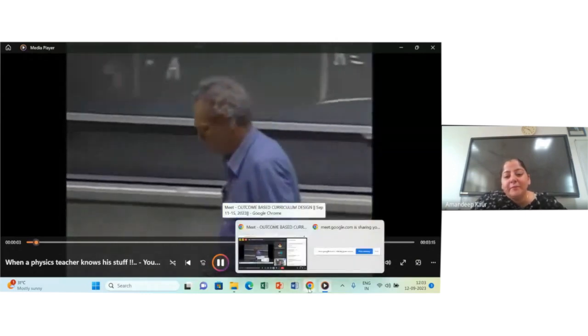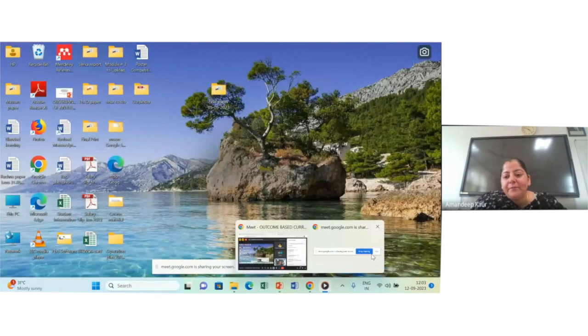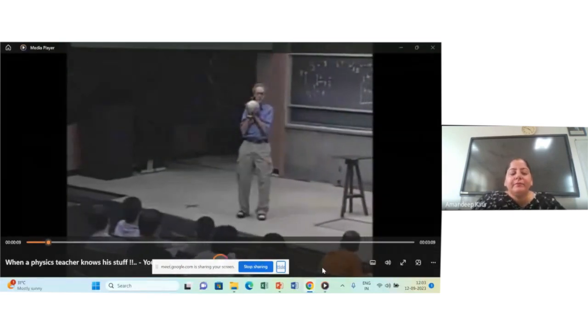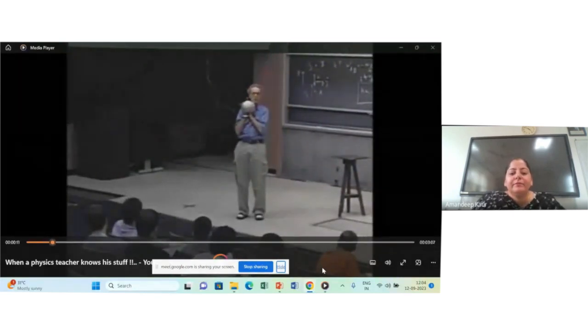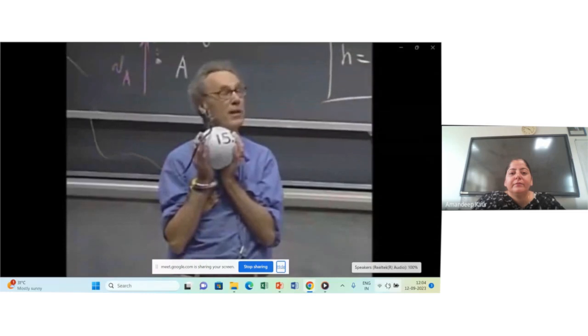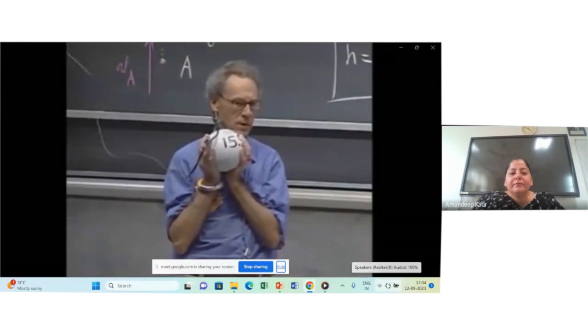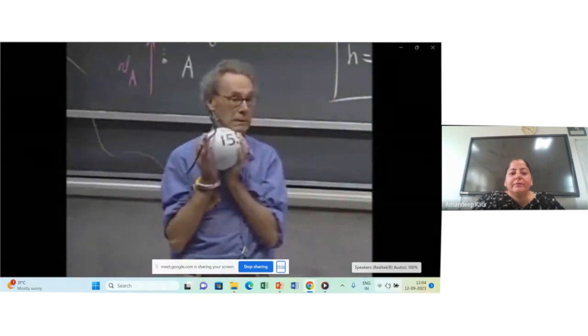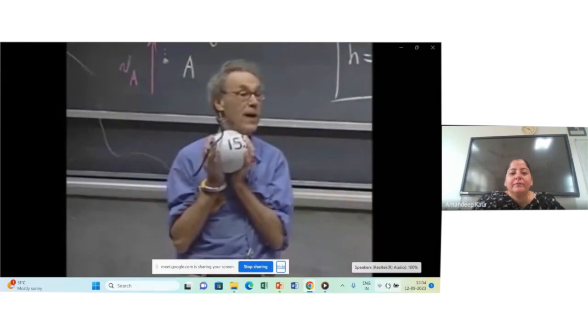A pendulum. I have an object that weighs 15 kilograms and I can lift it up 1 meter, which I have done now. That means I've done work. MGH is the work I have done, believe me. I've increased the potential energy of this object. 15 times 10 is about 150 joules. If I let it fall, then that will be converted to kinetic energy. If I would let it swing